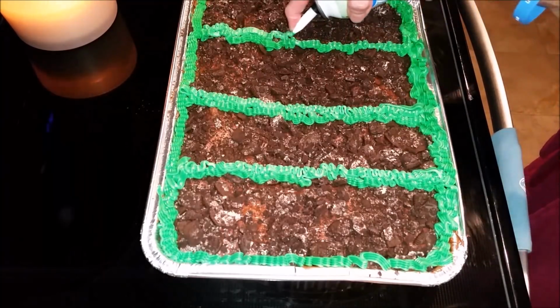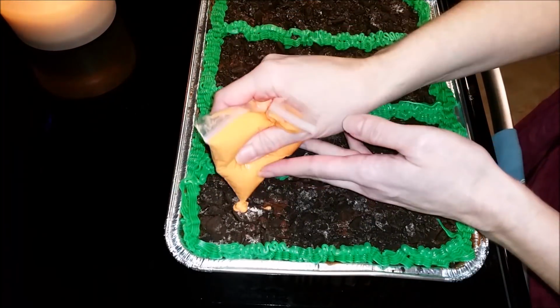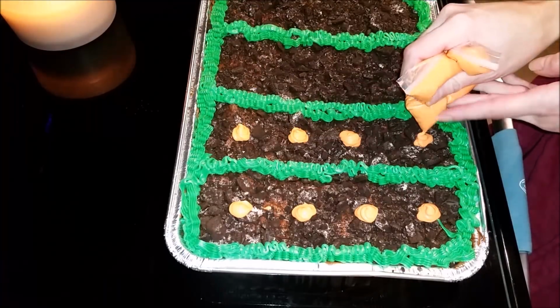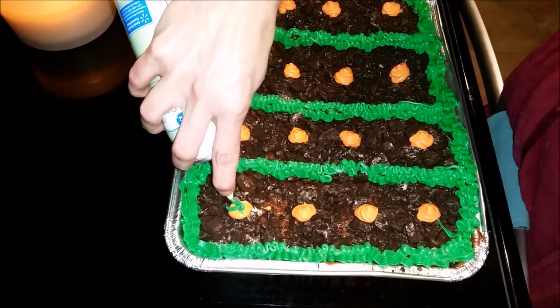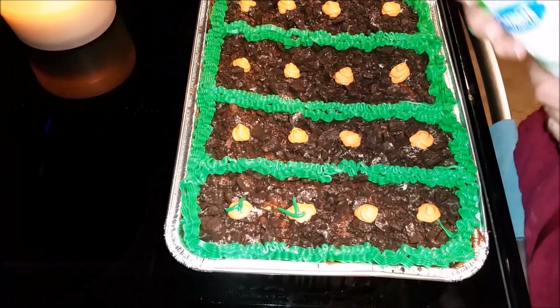So I'm icing all the way around the edges and then in between for my garden rows. Now I'm going to be using some of that orange candy coating to make my little blobs for carrots. They kind of turned out more like pumpkins than actual carrots, but y'all get the point, especially when everything comes into play. As you can see here, I'm trying to make the carrot tops, and it's taken forever and a day